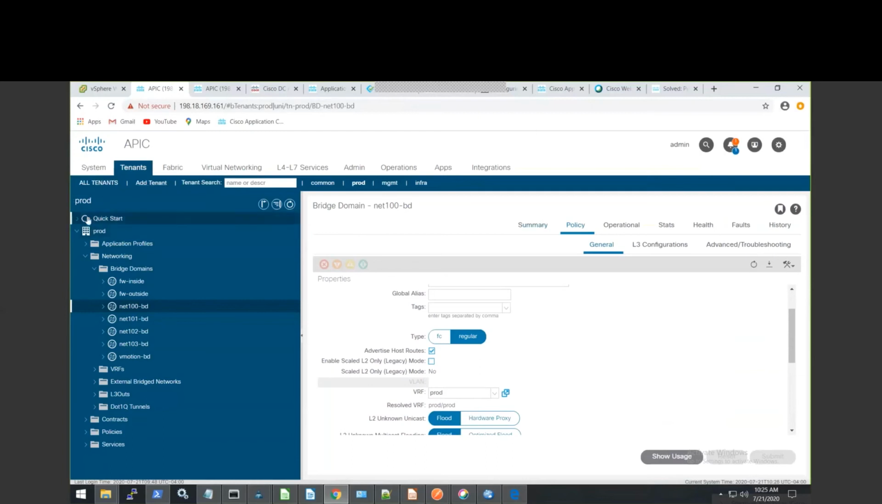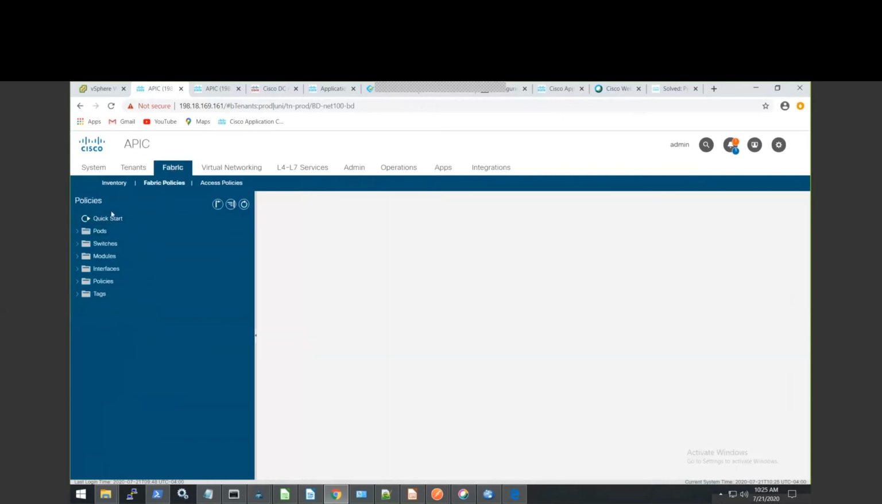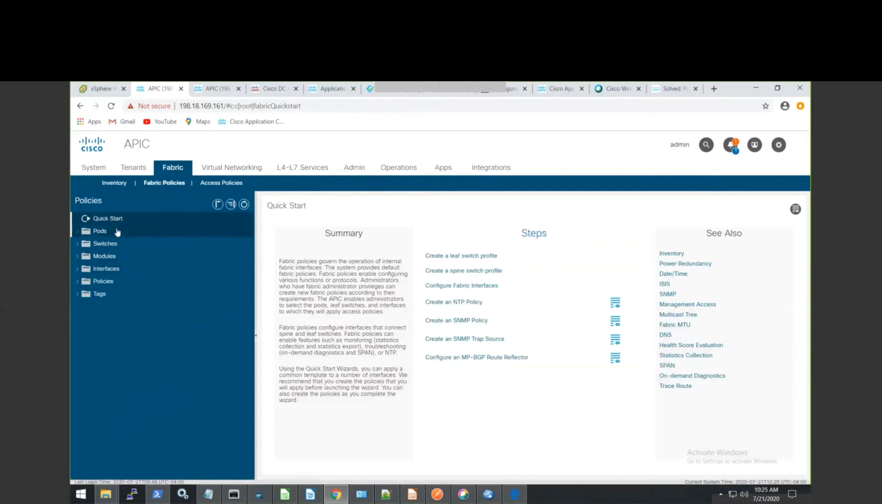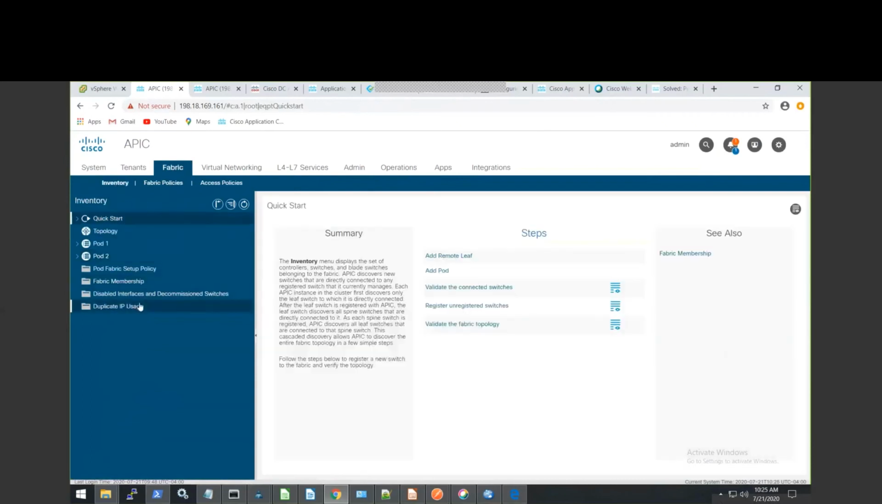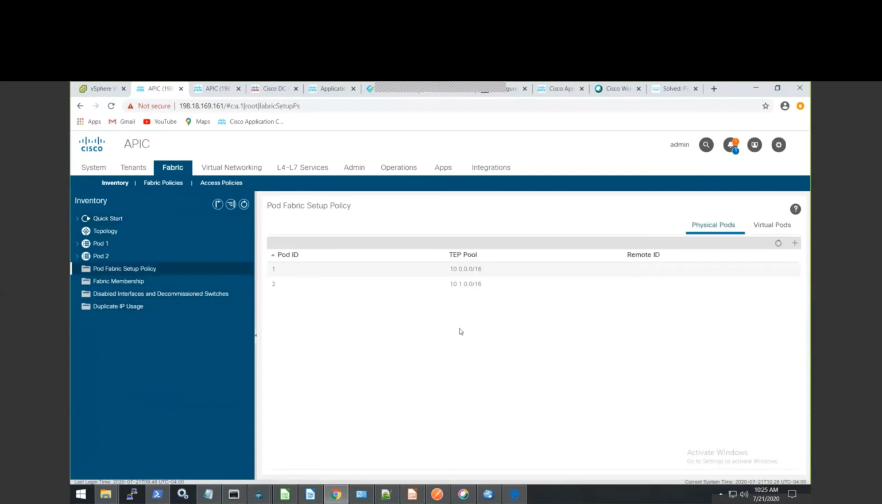Just let me see if I go to the fabric here also. I can show you something else on the inventory tab. As you see, we have configured 2 pods and the fabric setup. So you see we have two different TEP pools: we're using 10.0.0.0/16 for pod 1 and 10.1.0.0/16 for pod 2. And one other thing, if you go to tenants,